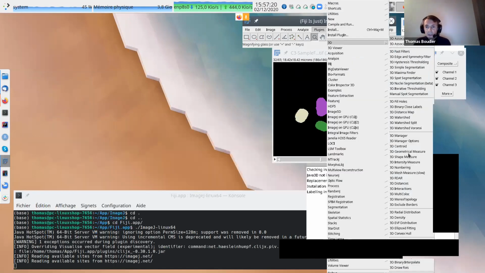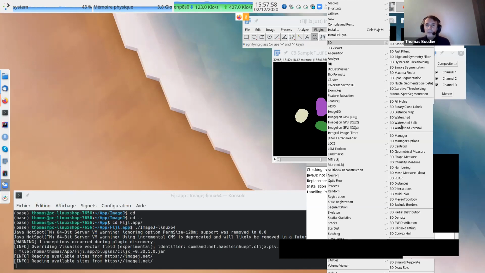We can do the same for geometrical measures, shape measures, and this kind of thing, but we will do the same thing with 3D Manager. This is a bit more advanced, like the density, which we'll try to see later. And this one is more like utilities to draw some shapes, to draw the borders on the original image, this kind of thing. So you usually can do a lot of things with 3D Manager. You maybe can do more or less the same thing with some other plugins, or some plugins do different things.